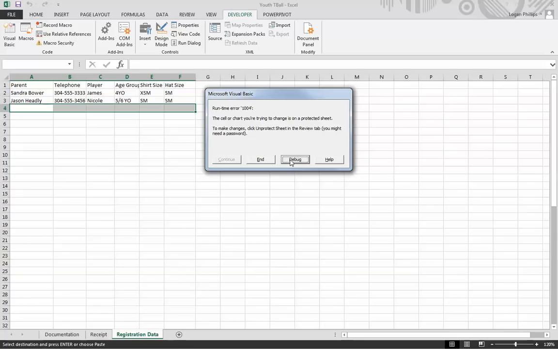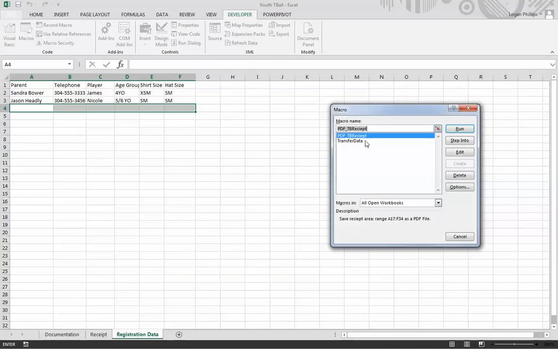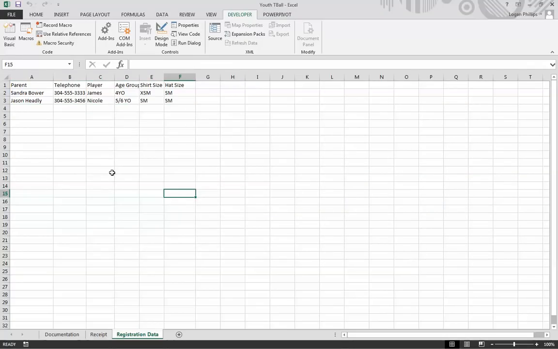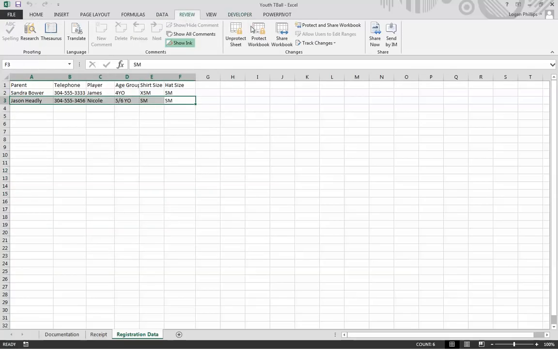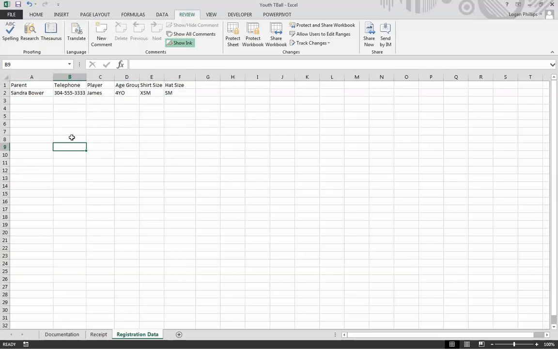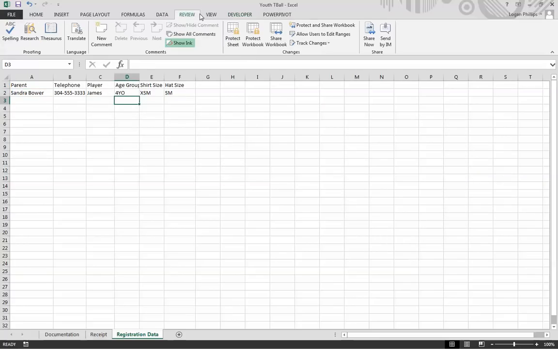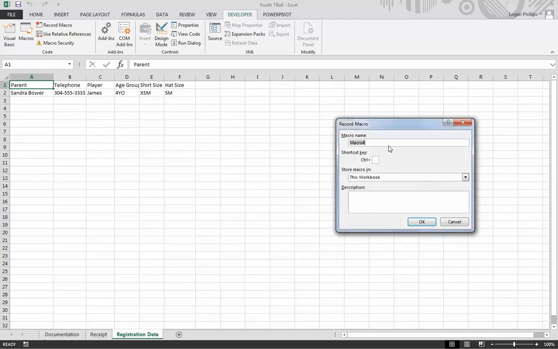I'm not going to record, or I guess I'll record it for you guys to see as well. And so I'm going to come up here to my macros, and I'm going to just go ahead and delete the transfer data. I'm going to come back over here, and I'm going to reset this. And then starting on my registration in A1, Developers tab, record my macro. This sheet should be protected. Okay, so we're starting off with a protected sheet. Cell A1, developer, record macro. We're going to name it